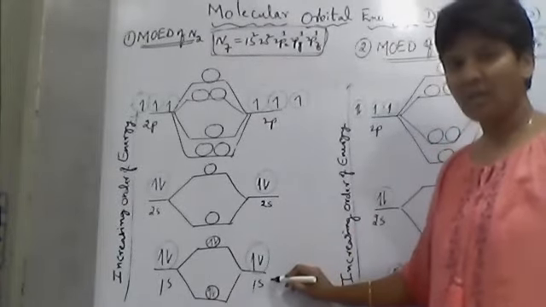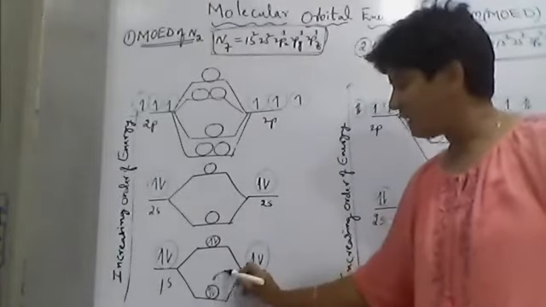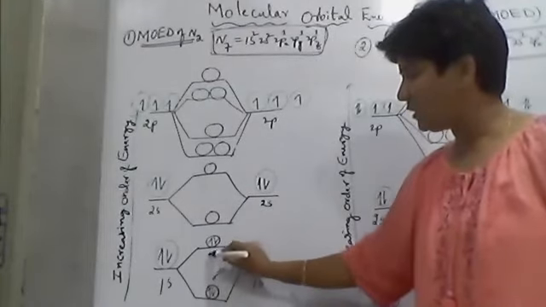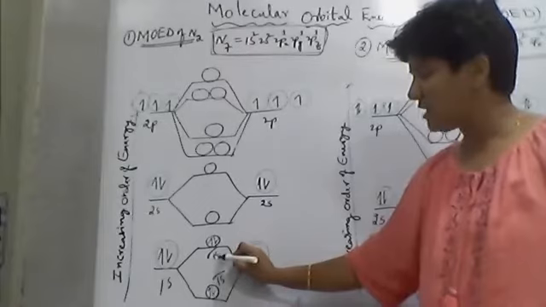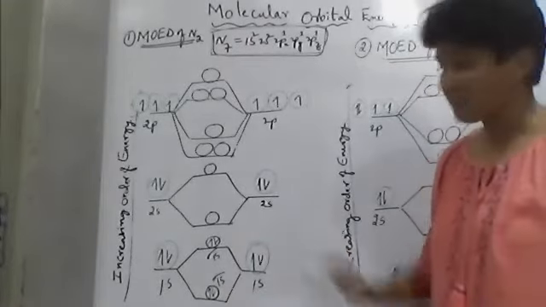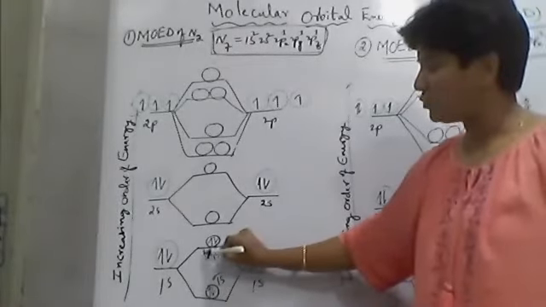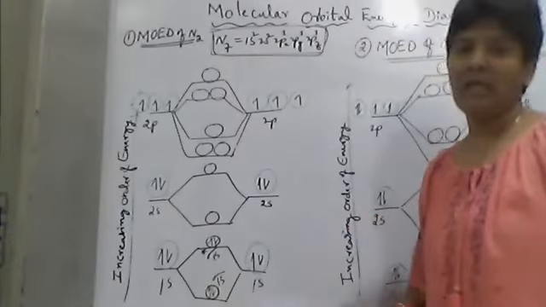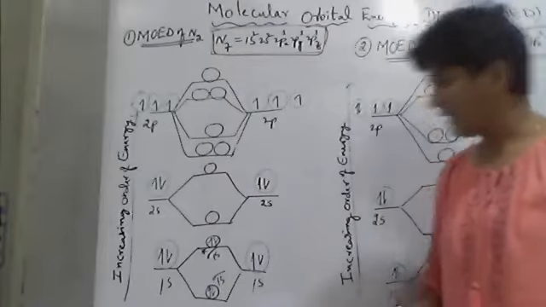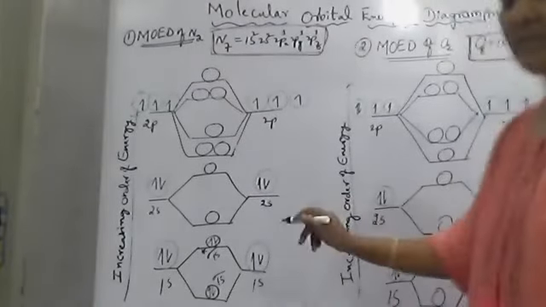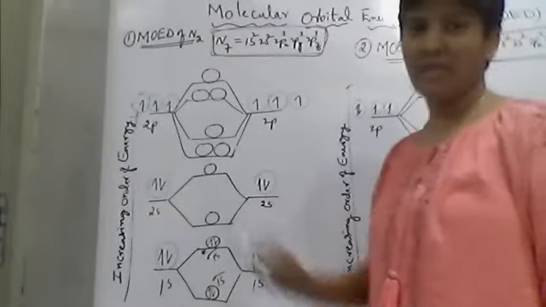So the 1s orbital can form a sigma. Everyone knows that s can form only sigma. So both are sigma 1s, sigma 1s. But remember, anti-bonding orbitals have more energy. Therefore, they are represented by a star mark, an asterisk. In the same way, here the combination of 2s electrons.